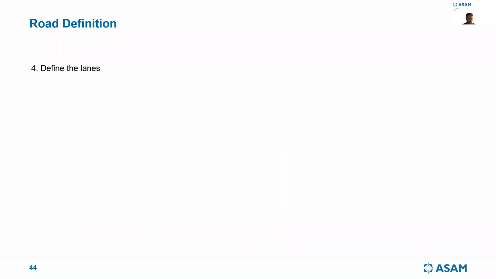The fourth part is, of course, now I have my basic logic road box, and I have a reference line to it. But what I don't have yet is lanes. So now I need to define the lanes. I'm not going to dive too deep into lanes because that is going to be part of the next webinar as well, because that would be too long for today. But I will want to show you